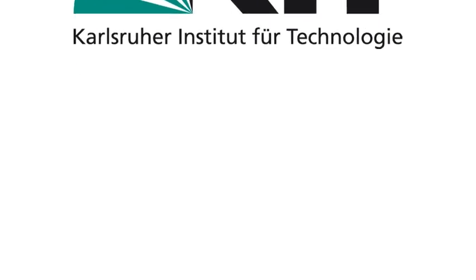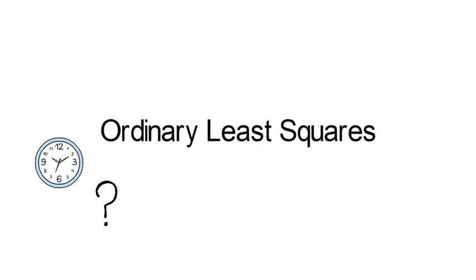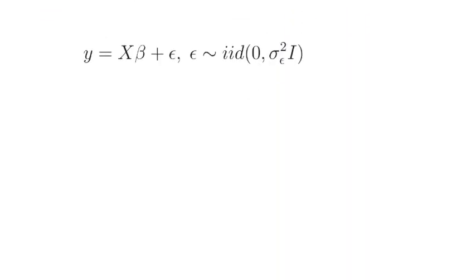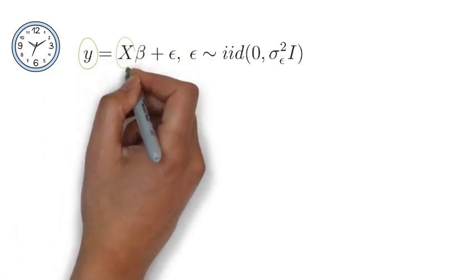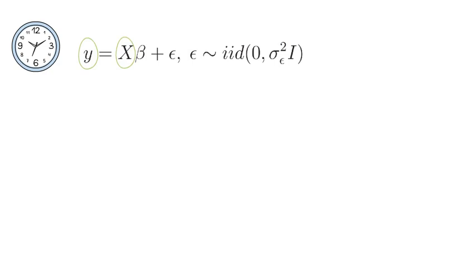This video explains when and how to estimate a model with ordinary least square methods. Now we work with the linear regression model as you see it in the next equation. Whether OLS is applicable to estimate beta and sigma square epsilon depends on the data characteristics of y and x. OLS, the short version for ordinary least square, is the method of choice if the data shares the following features.